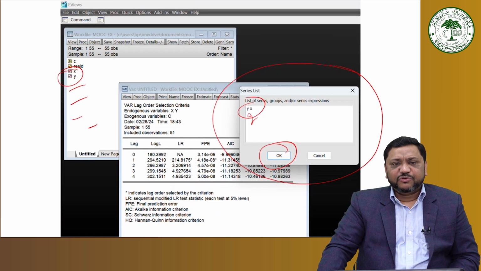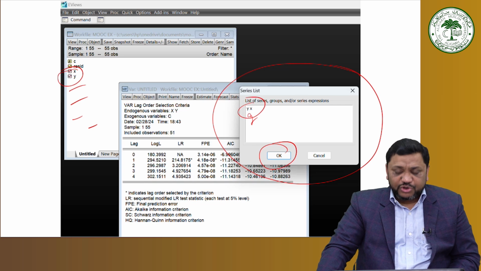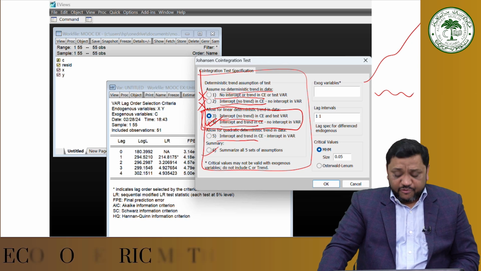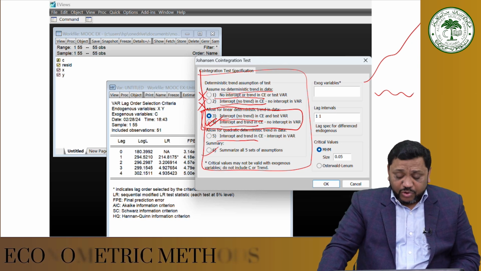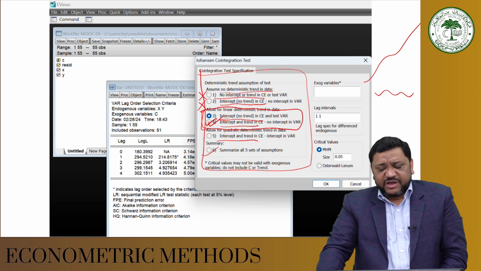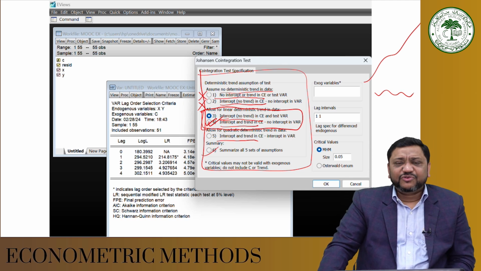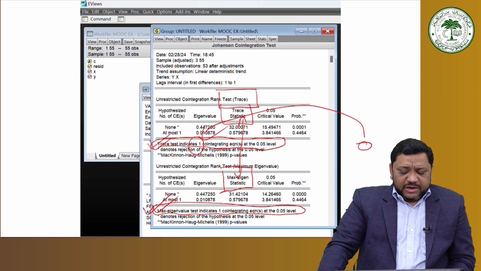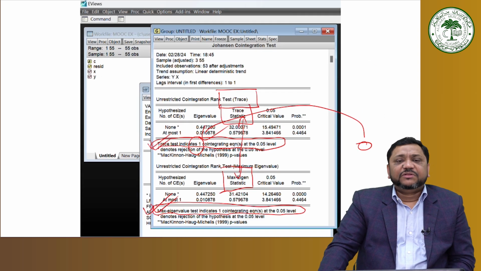Once we go to Johansen Cointegration Test, this dialog box opens. Herein you will put your values of y and x. Then another dialog box comes up which asks you to select one of the 5 options given over here. We had discussed that normally either option 3 or option 4 is more appropriate, and it happens in most of the cases. Next, once it is done, we get the results in the form of trace statistics and max statistics,